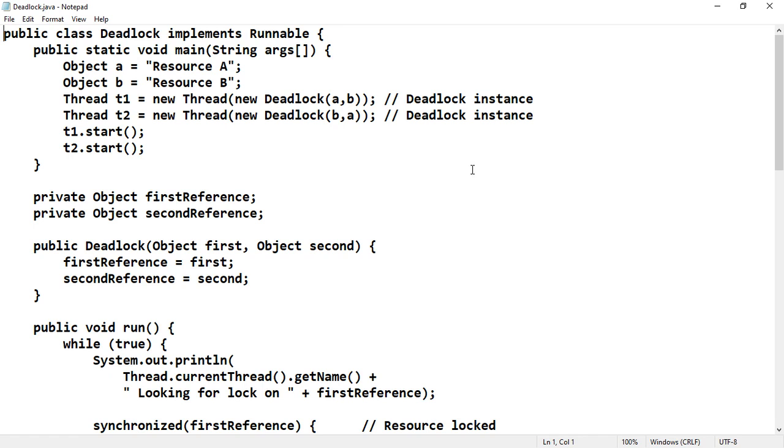If only two threads are there, and one thread is waiting for the other thread's synchronized code, and the second thread is waiting for the first thread's synchronized code, we can easily identify that there are only 2 threads and a circular wait exists. But what is the case if multiple threads exist in the system? That is a big problem. So deadlock is a difficult error to debug for 2 reasons.